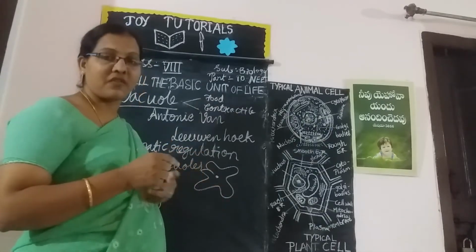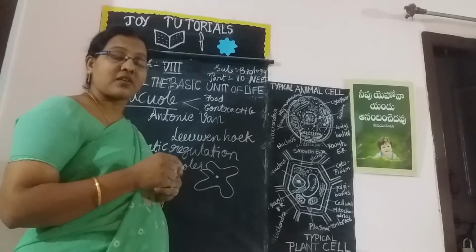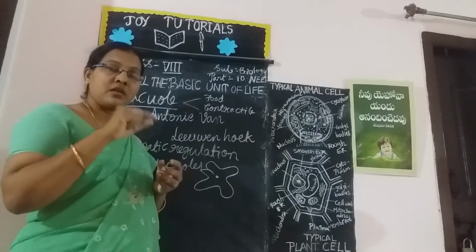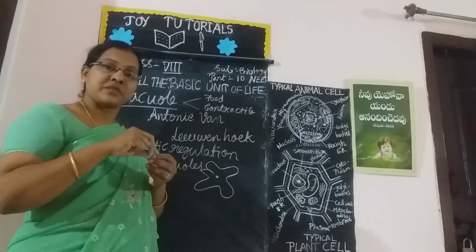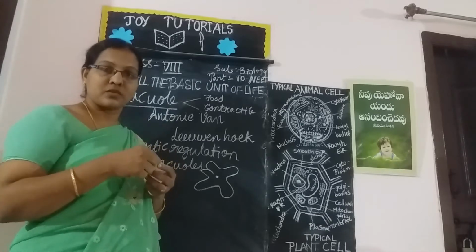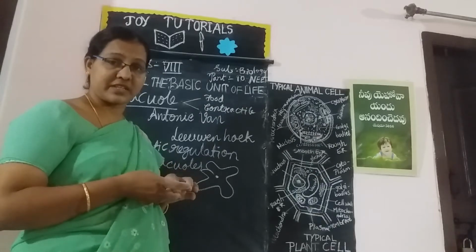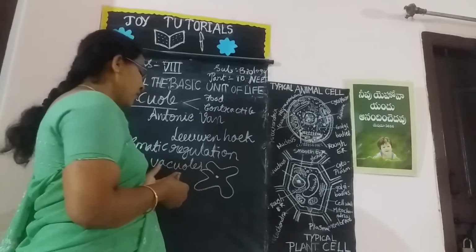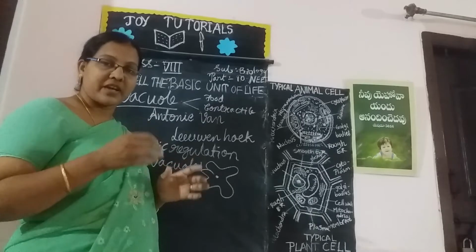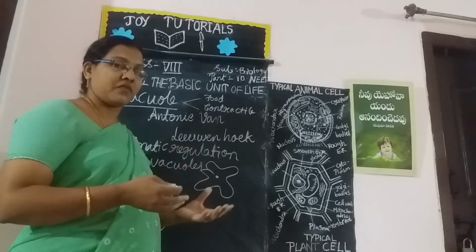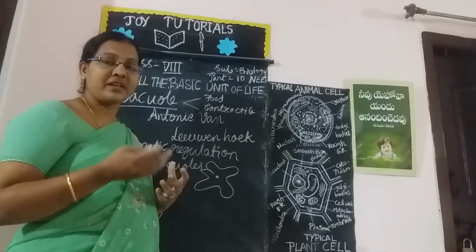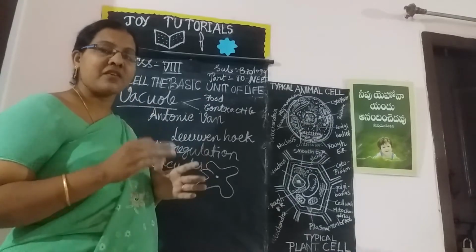It contains the food vacuole. This single membrane contains the food particles. These fuse with the lysosomes to form food vacuoles. Lysosomes contain digestive enzymes. That's why it forms the food vacuoles. Based on the food availability, these will form food vacuoles. Afterwards, they disappear. These are the temporary vacuoles.